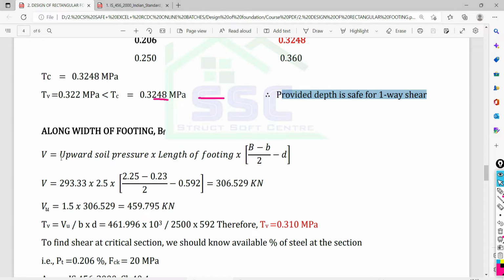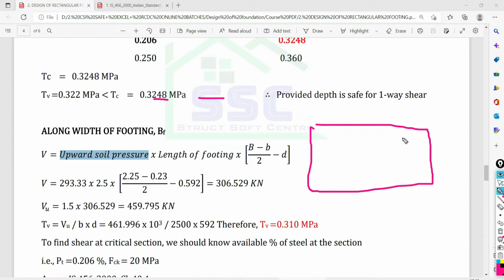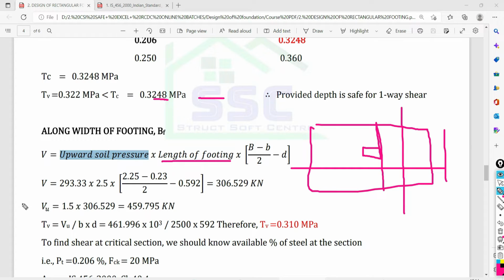So for the width of the footing, with the upward soil pressure, now we have to make the calculation along the width of the footing. So the length we need to consider. Here it is the length of the footing multiplied by the total width minus the side of your column along the considered direction, divided by 2, minus d. If you put all these values here, you are getting the shear force as